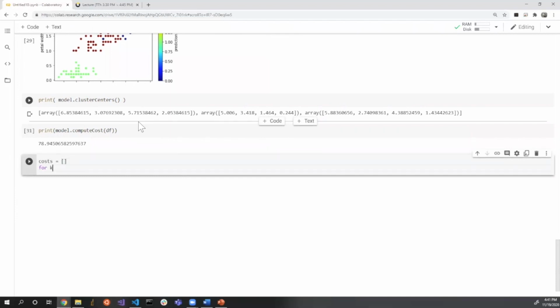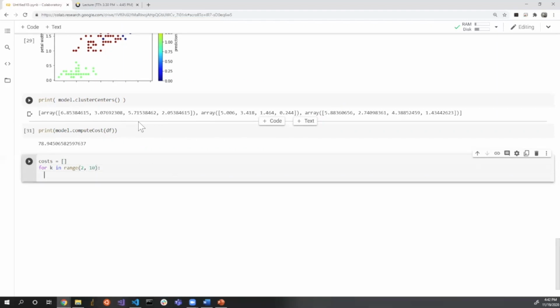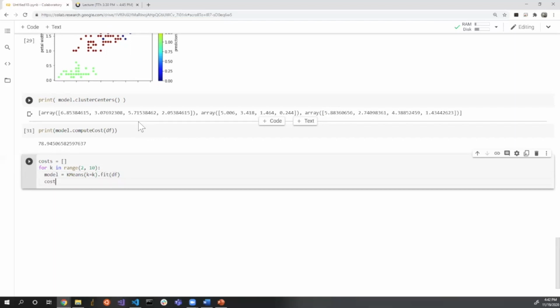So in a lot of cases, you don't have a prior knowledge of K. In this example, we assume that K is 3 based on a prior knowledge that there are 3 species of iris flowers. But let's assume a generic scenario where we have no idea what the K value is. In that case, you can actually perform k-means multiple times, and then evaluate the cost